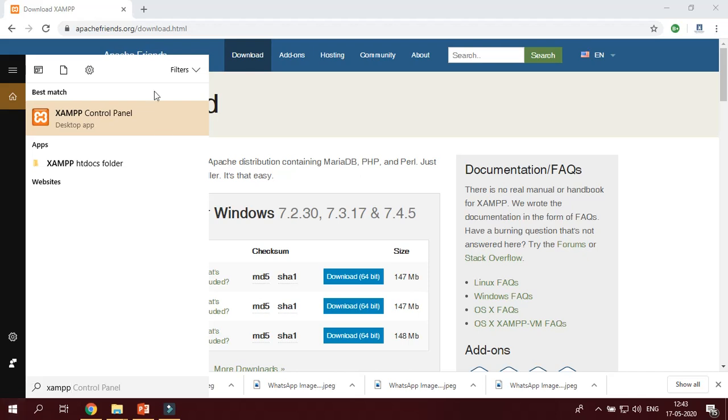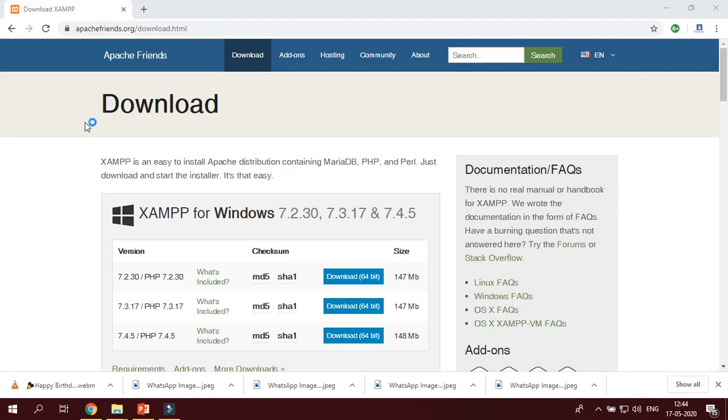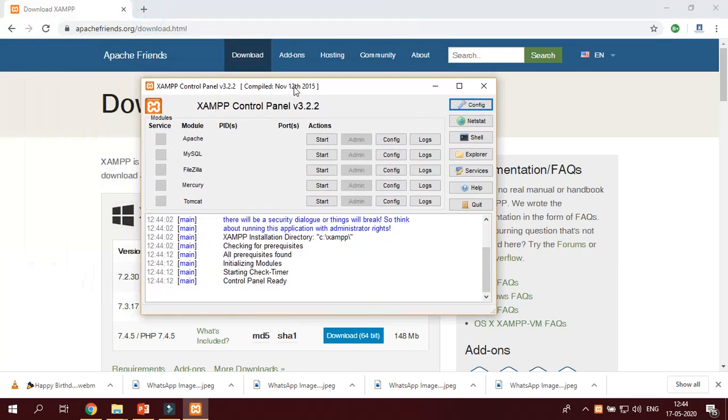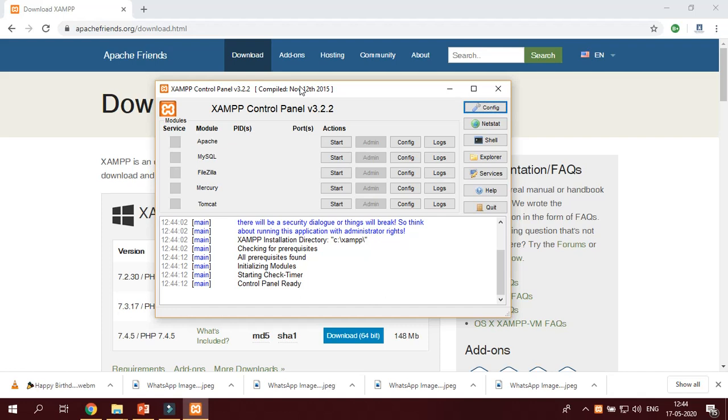In XAMPP, you can choose the XAMPP control panel. Click on it. You can see here the icon of XAMPP control, and this is the dialog box of the XAMPP control panel.